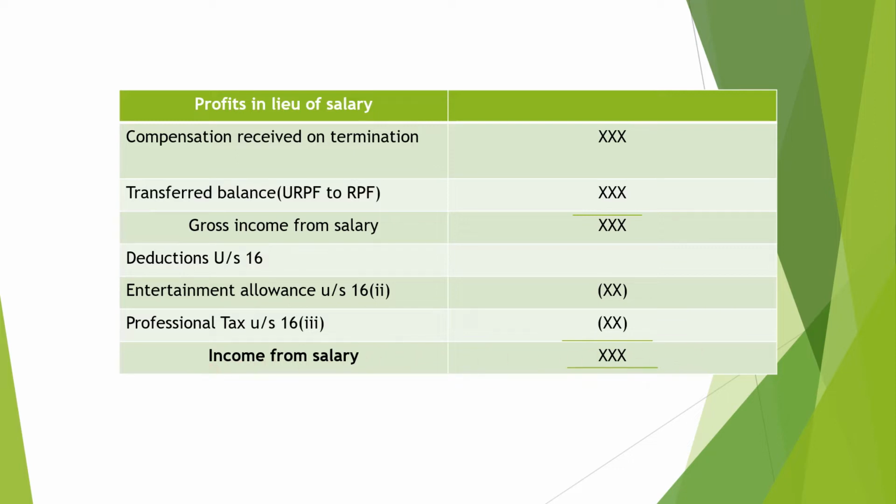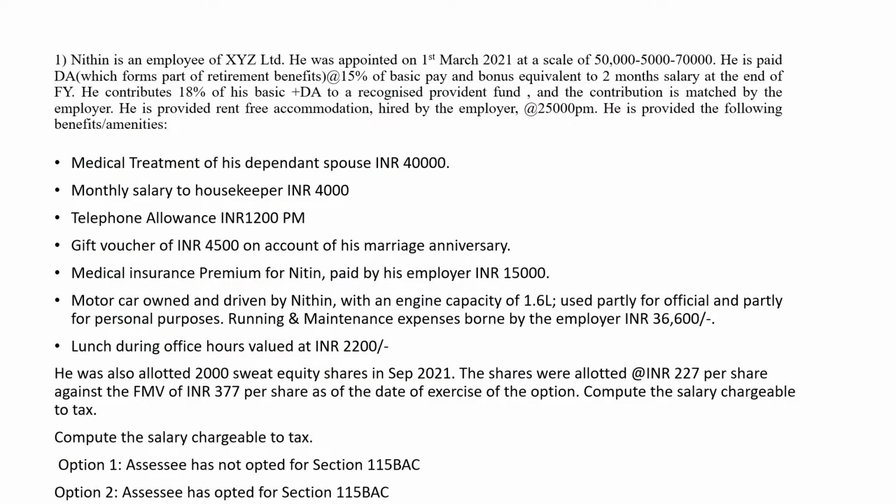And now we are going to see a practical problem based on this. Here we are going to learn a practical problem of finding out the taxable income from salary. Nitin is an employee of XYZ Limited. He was appointed on 1st March 2021 on a scale of rupees 50,000, 5,000 and 70,000. He is paid dearness allowance, which forms a part of retirement benefits, at the rate of 15% of basic pay, which is to be remembered, and bonus equivalent to 2 months' salary at the end of